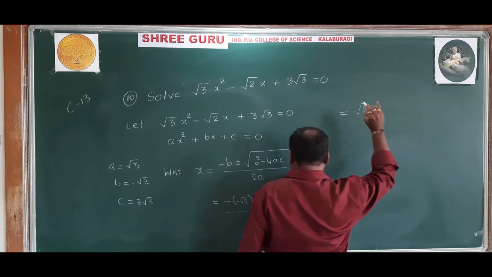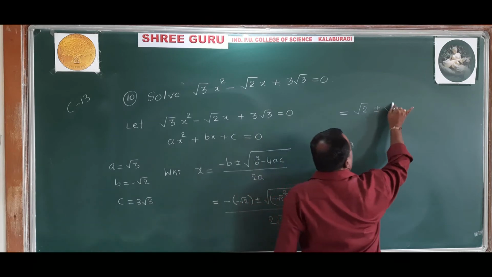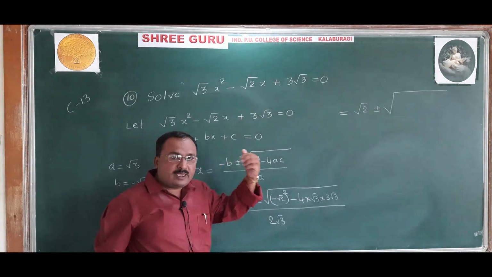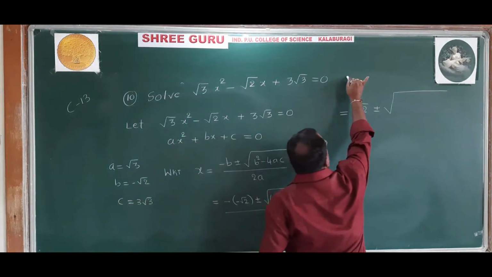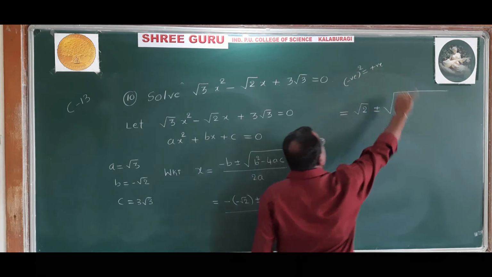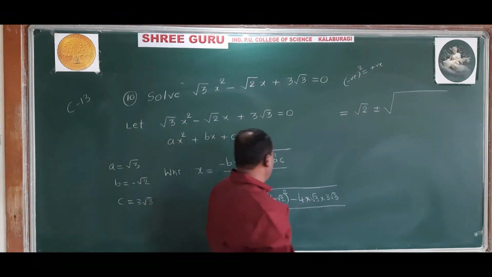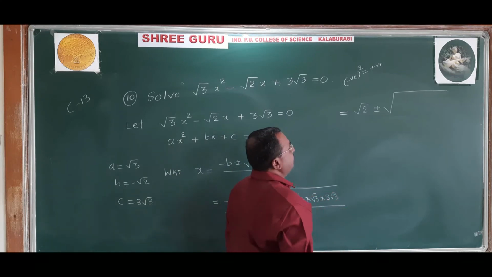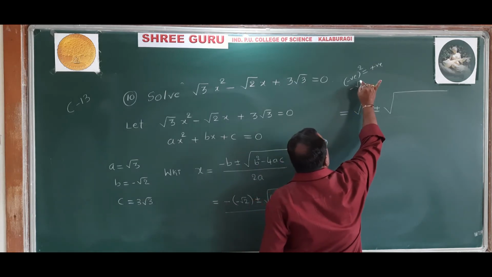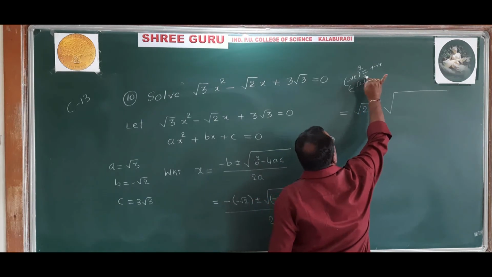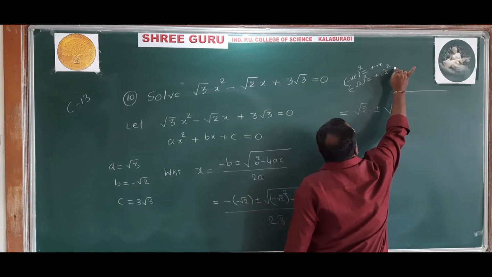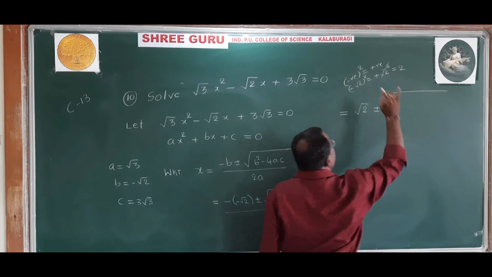Plus or minus square root of a negative square. Negative square is always positive, keep in your mind. Negative square is equal to what? Positive. Here square and root get cancelled. Minus root 2 whole square can be written in the form of plus root 2 square. Square and root get cancelled.